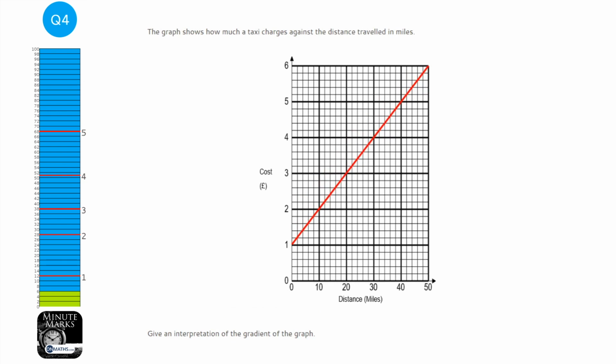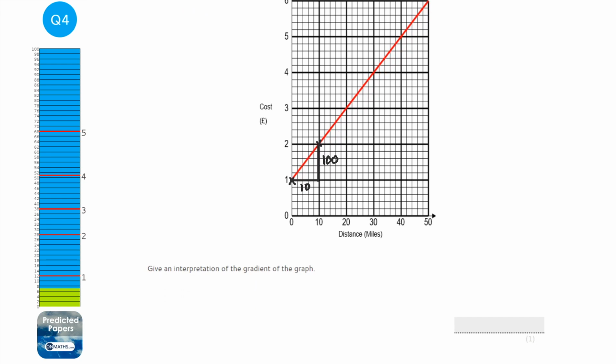To answer this question, first of all, we need to know what the gradient is. So what you do is you pick 2 points that you know the coordinates of, which is that one and that one I'm going to pick. Works with any of them. And we work out how much up and how much across it's gone. Well, it's gone 1 up, but I'm going to do this in pence. So I'm going to say it's gone 100 pence up, and it's gone 10 miles across. So to work out the gradient,